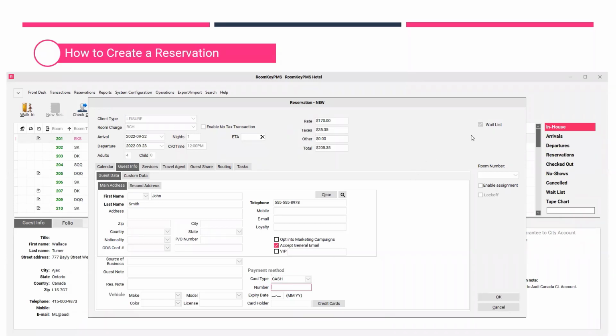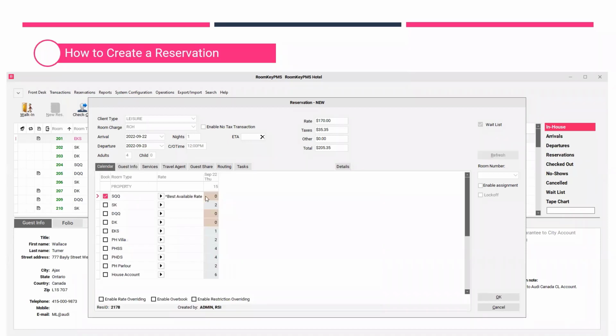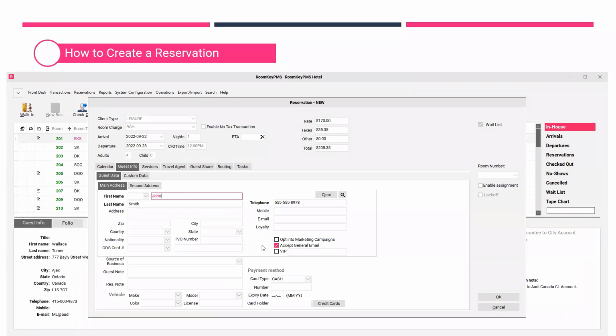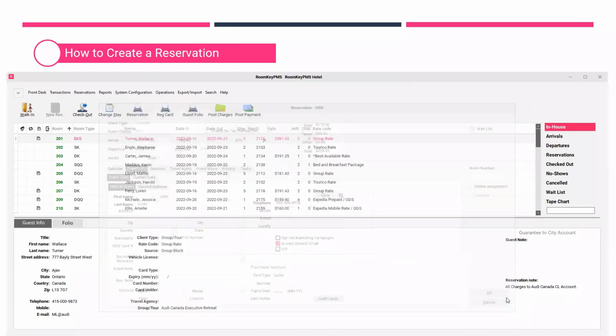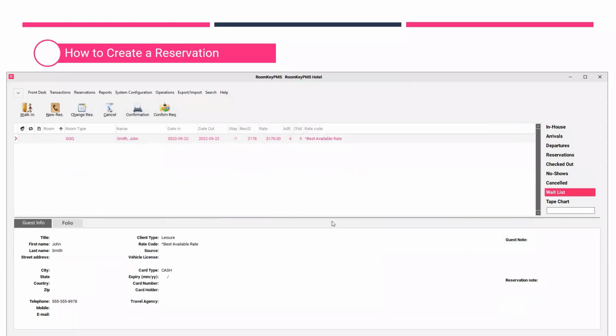Now, by placing this room on the wait list, it will not take any of this inventory away. So it will not occupy any inventory because, of course, we don't have that room available. It will simply record the information that I've added to the calendar and guest info tab and save that in a wait list queue. So when I click OK, I still see the reservation as a line item on screen